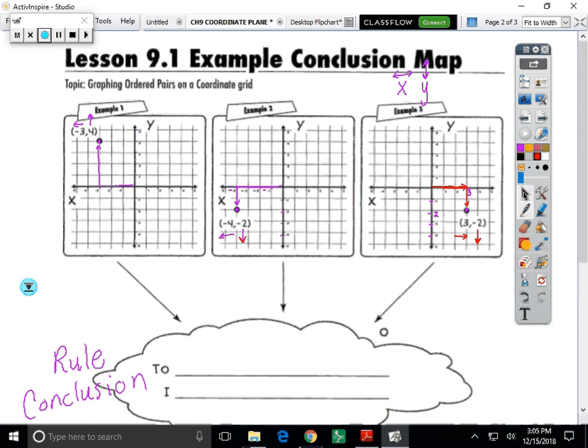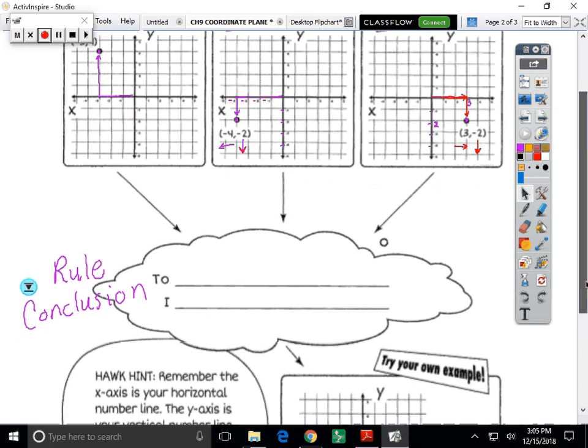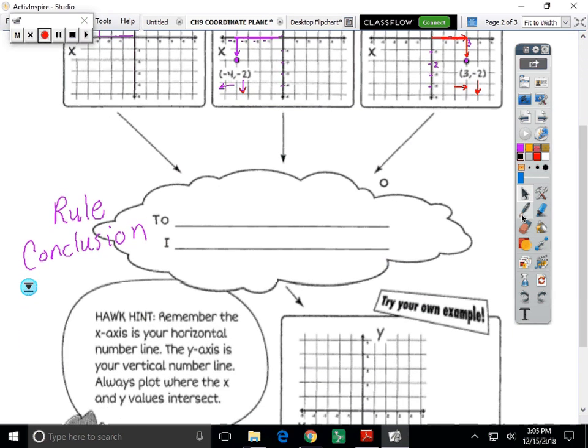So I'm going to try to scroll us there a little bit if I can. So what is our goal today? Well, if you look again at the top of your math map, it tells us what we are trying to work on. We're trying to graph ordered pairs on a coordinate grid. So to graph ordered pairs on a coordinate grid or coordinate plane,